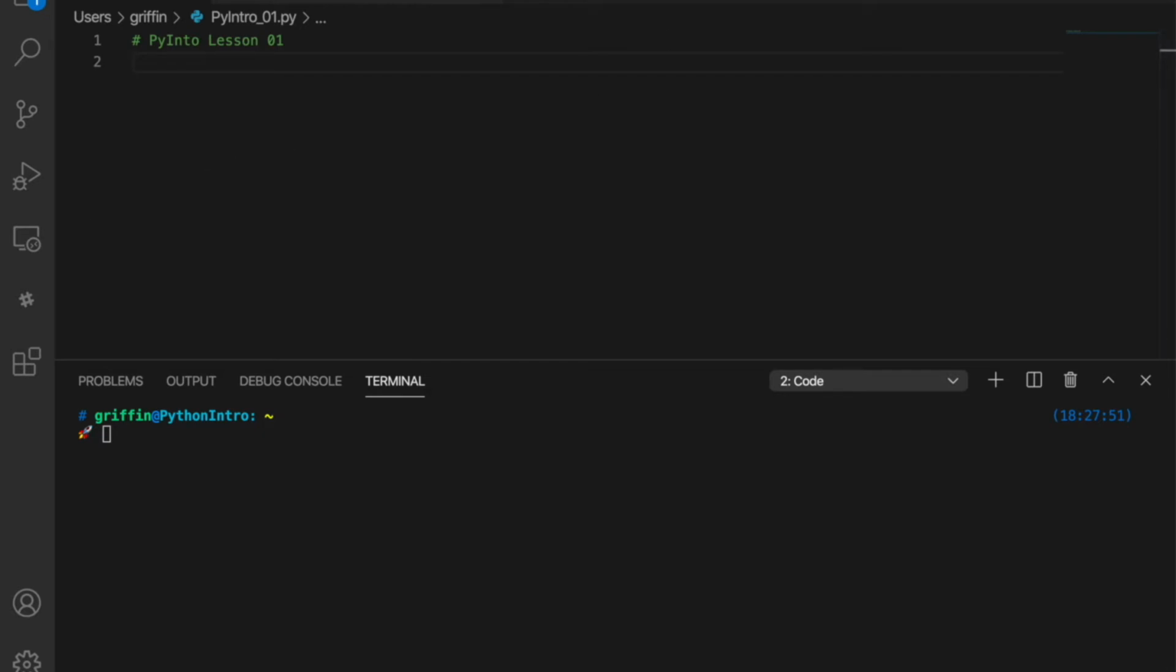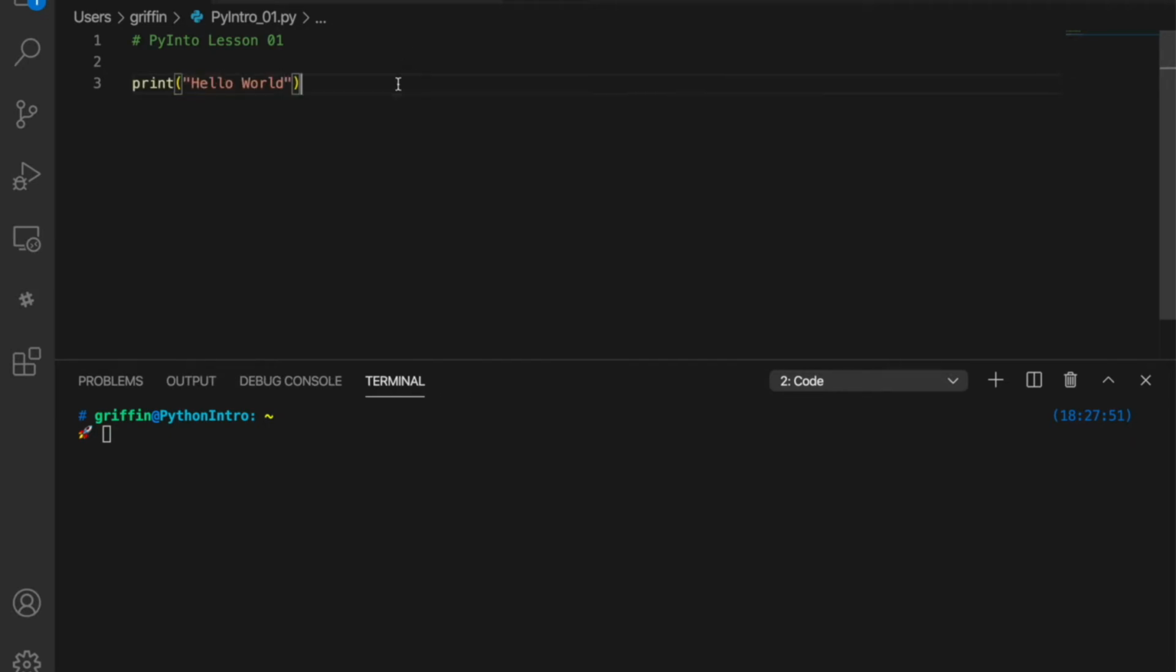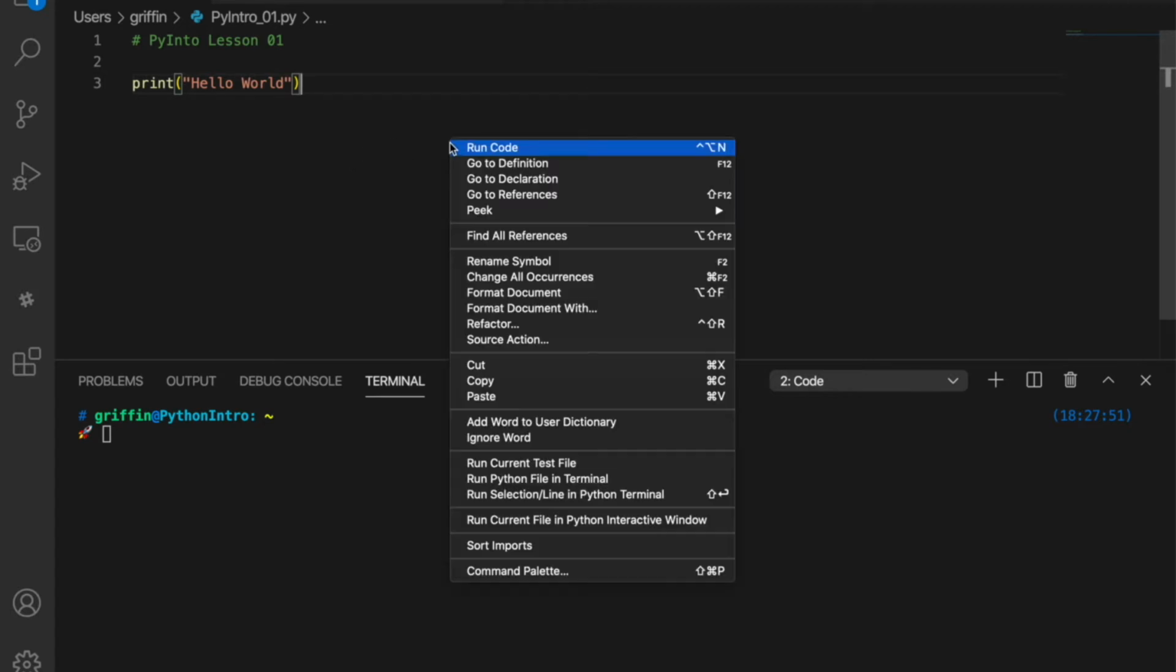Let's talk about some Python. The ubiquitous hello world. So print hello world. No semicolon. Notice it's just a function call that you pass a string, and to run it, I can in